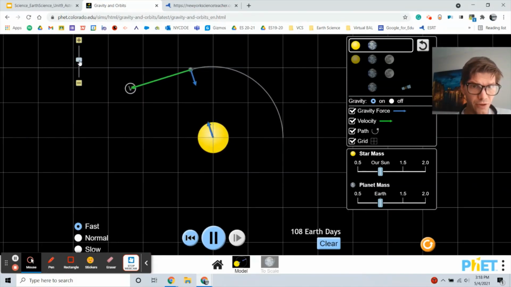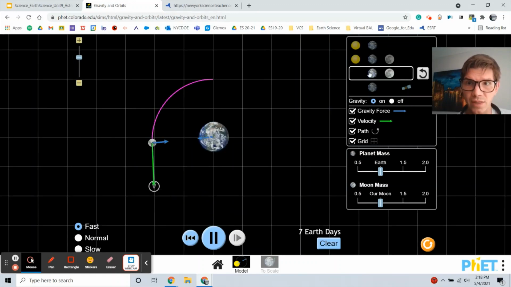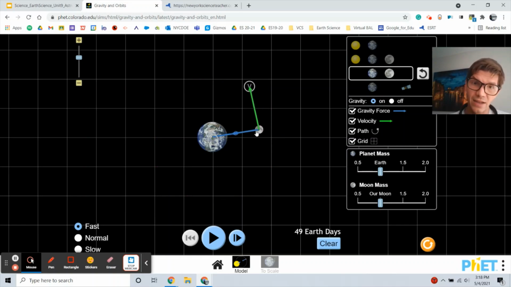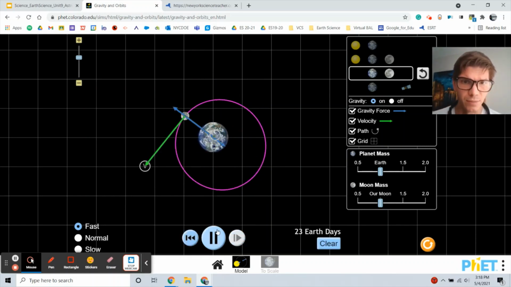Actually, before I continue, let's talk about that one little difference between the Earth and the sun, and let's change it to the Earth and the moon. Here, the same concept applies: the more massive either one of these things are, the more gravitational attraction there's going to be. The closer they get, the more attraction there's going to be. And something else to keep in mind is the closer that the planet is,